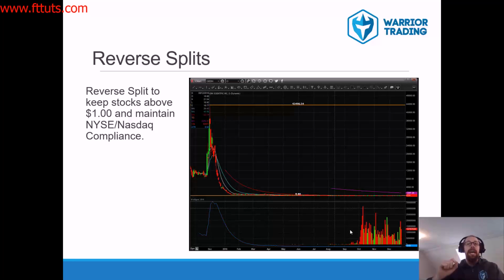Now your float has gone down. And what we have found is that stocks right after reverse splits are now suddenly priced from what they were as a penny stock now into the $2 to $3, $6 price range, and now have a very low float. They can sometimes make a really big move. They can make a really big move. So this is the interesting thing. You can get a reverse split. The stock starts to put in a little bit of a move, and